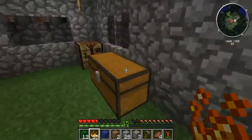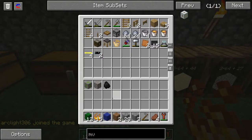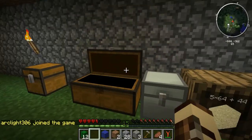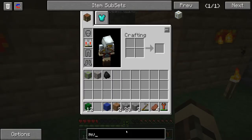Build like a landing strip or something. This is definitely different. Right. We got a ton of blaze powder. So we got 19 blaze powder. And of course, in order to make,